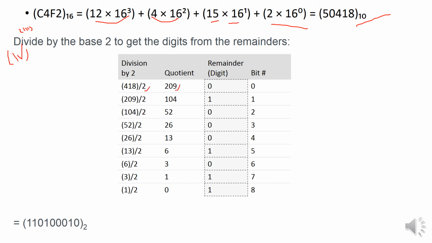Here we have divided 418 by 2, and the quotient is 209, and again we divide the quotient till we reach a quotient of 0, and we write this number from here, and we get